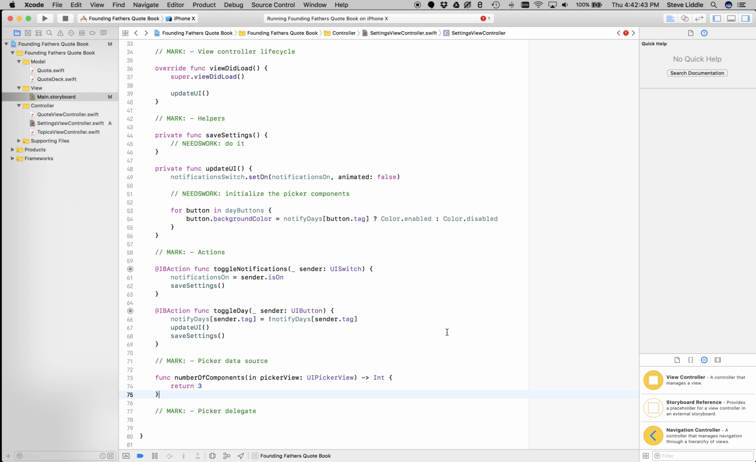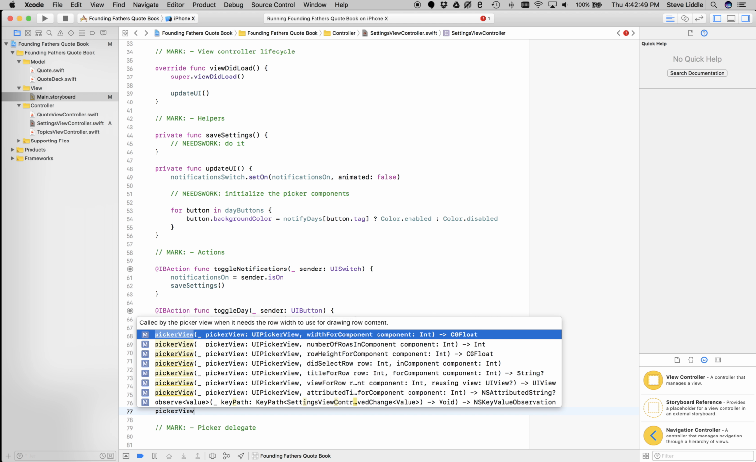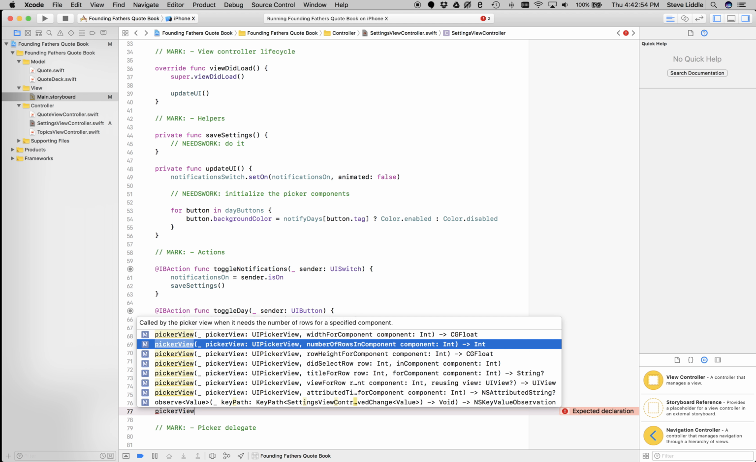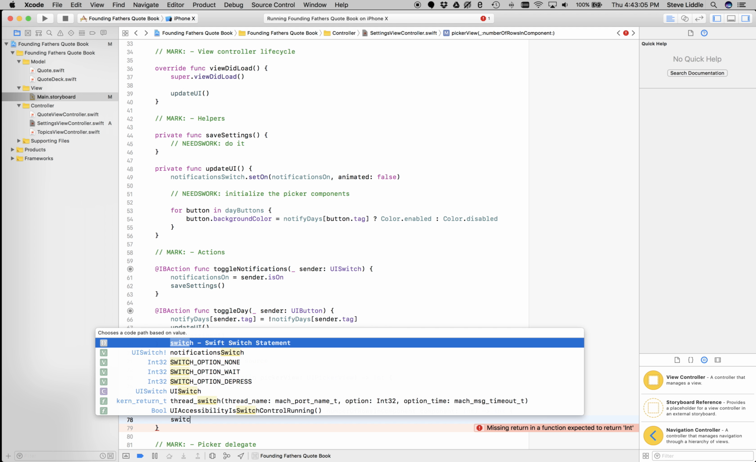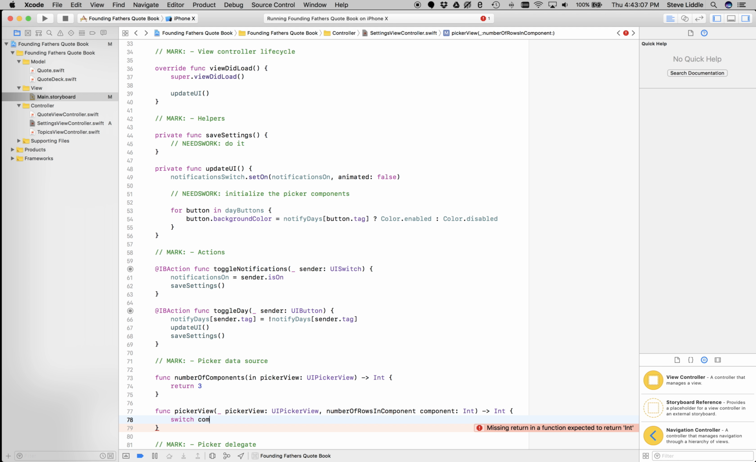Well, we need number of rows in component. I'm going to start typing pickerView, and just like the table view data source, we have these same things. Number of rows in component. Let's do that one next. The component is going to be an integer, and it's 0-based. So I'm going to have 3 different components: 0, 1, and 2. So case 0,